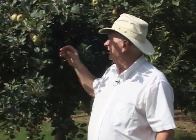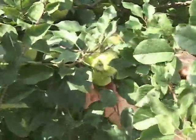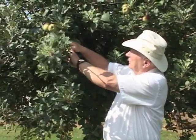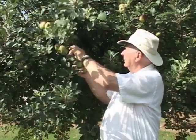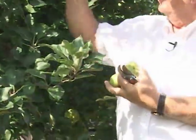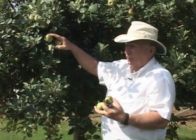On our pruning or our thinning side of it, you see how these apples are growing in clusters right here, and they're touching each other. In fact, this particular one I think has got an extra branch growing through it. Well, when these apples were smaller, we could come in here and take off all but the best one. The ones under the bottom right here don't get much sunlight anyway. And so we could come in here, and then this apple would grow